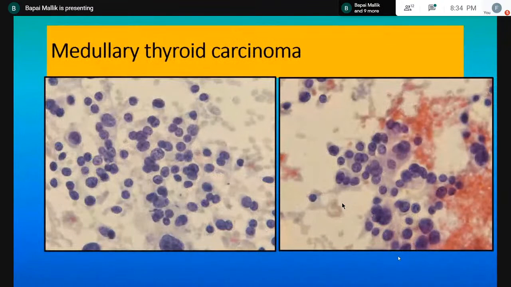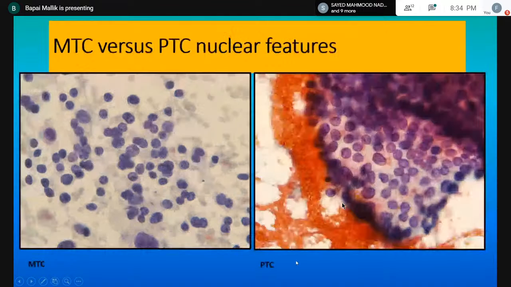But here is the map. When I try to appreciate the nuclear features, I always look at the map. And in the map, you can see the chromatin. It is a typical stipple, so-called salt and pepper chromatin, which is typical of medullary thyroid carcinoma. As you see over here, and if you want to just go to the next slide, I think this makes